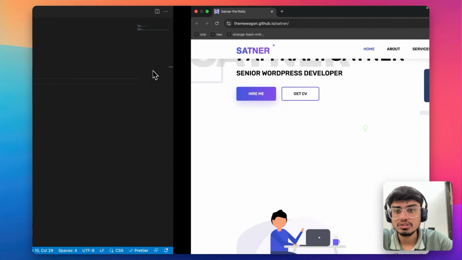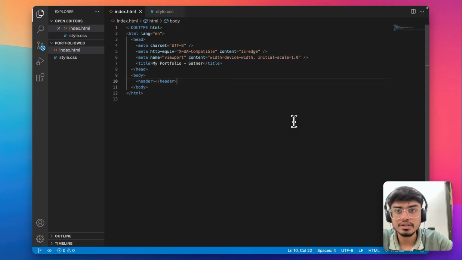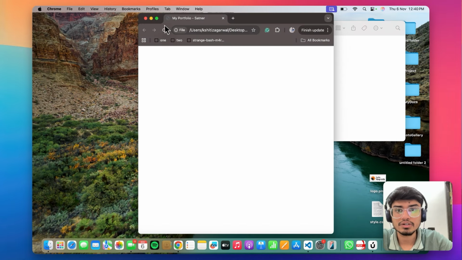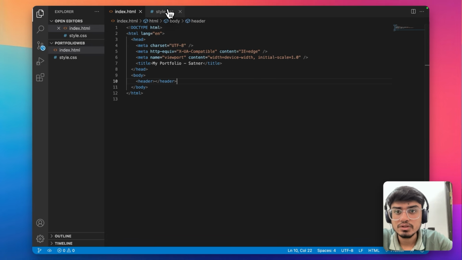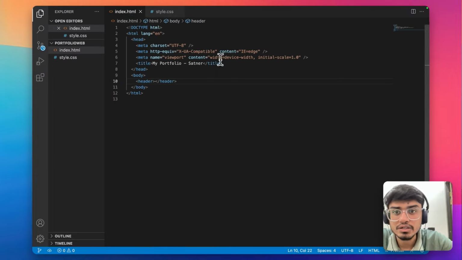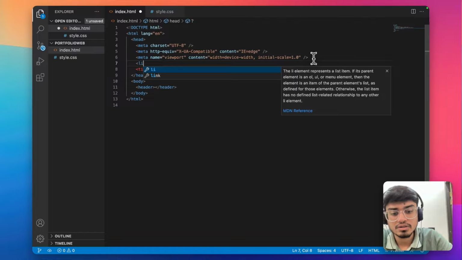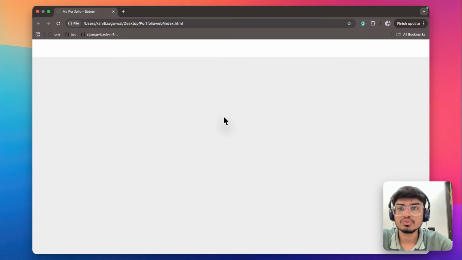Let's see how it looks. Let's open it as well. I haven't saved this file, let's quickly save it. Index.html. What is missing over here? Okay, I haven't linked this over here, so let me quickly link it. Link rel is equal to stylesheet, href is equal to dot slash style.css. Now refresh. Now you see our body is grayish in color, and this is our header,